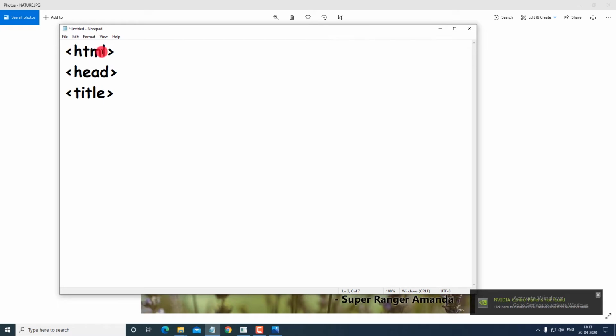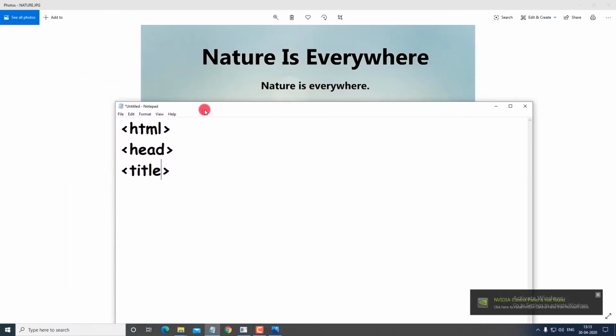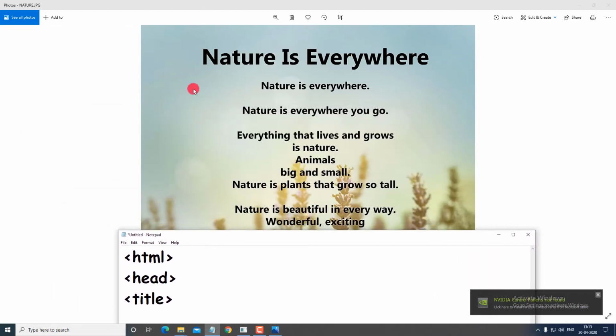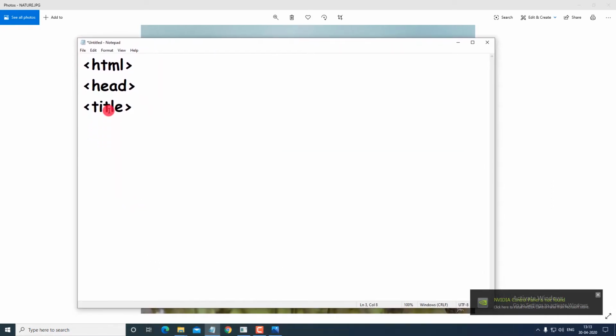Now the title is the text which appears in the title bar. In this document, since only the caption is given, the title is not given because it is not a web document. So what we can do is we will give it a title, nature. Alright, so here I'm going to give it the title nature, /title. So this is going to close the title